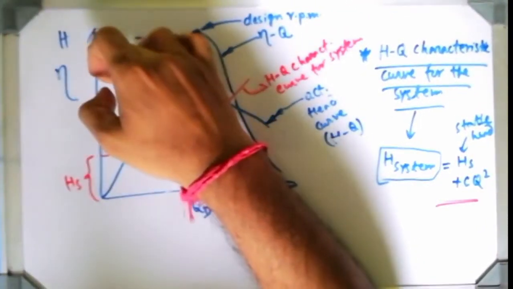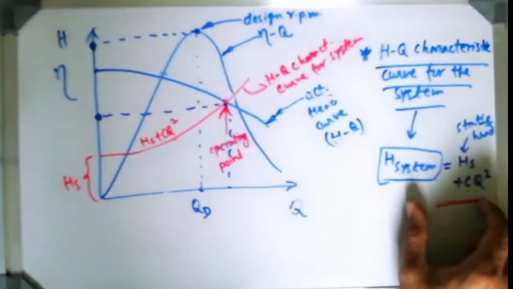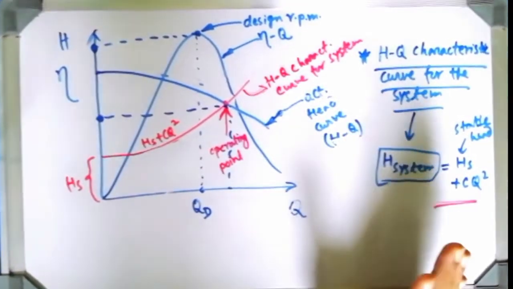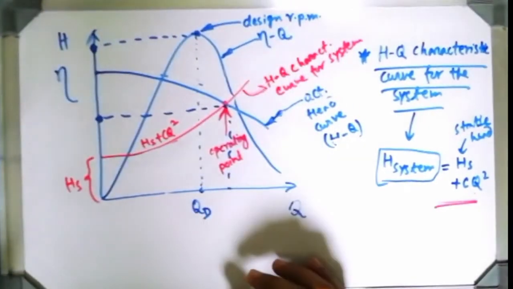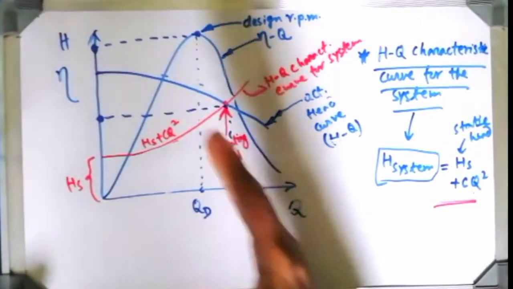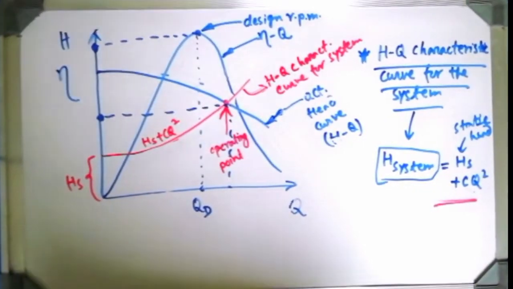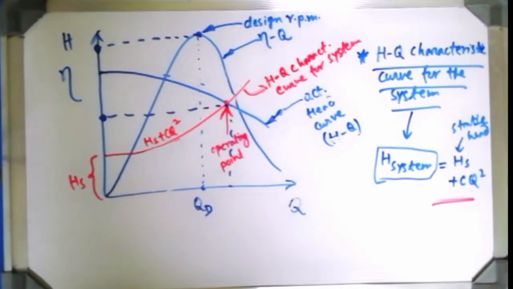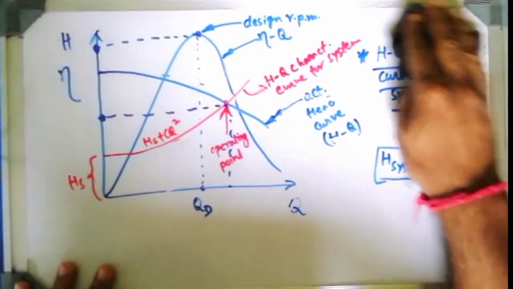If they are very different, if a large difference is there, then you should consider that the person who has estimated this system characteristics value has made a big mistake. Lots of things haven't been considered. Actually, in practical cases, some more fittings are introduced which are not counted in the design. So this difference will be there, but if it is so large, then it is not a good design. Understood? Yes.